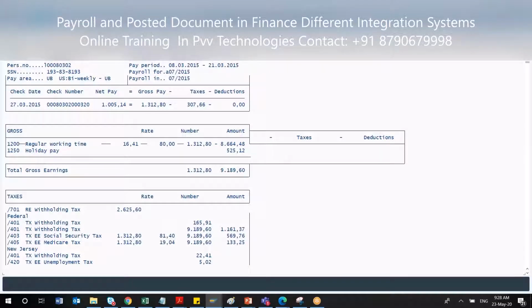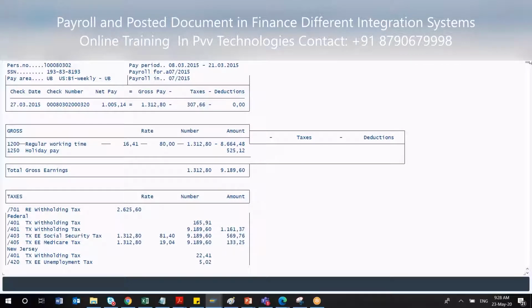You can see these are the numbers you'll be getting like this. This is a very traditional way of seeing the payslip, a traditional payslip from the on-premise days, but this payslip is no longer used. I will cover how to configure this payslip tomorrow. But this is a typical payslip. The main part in pre-DME is the check number and the check date, depending upon your configuration. So what is the total payment amount to that particular employee?